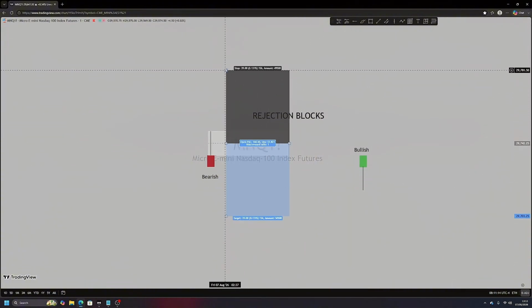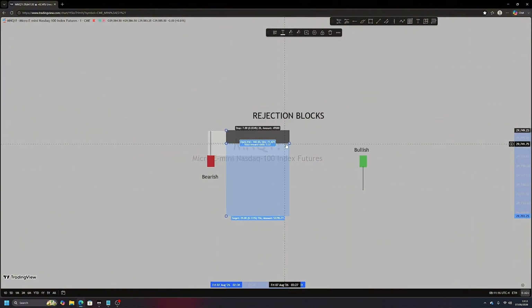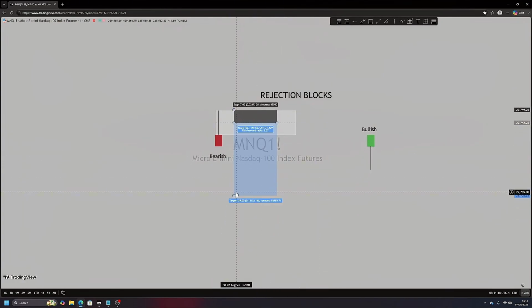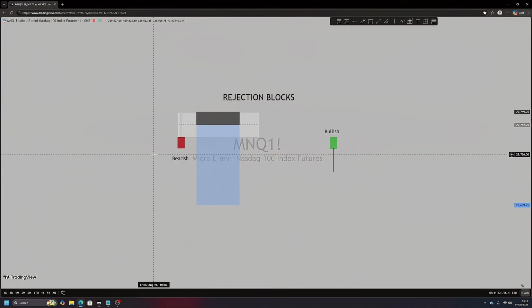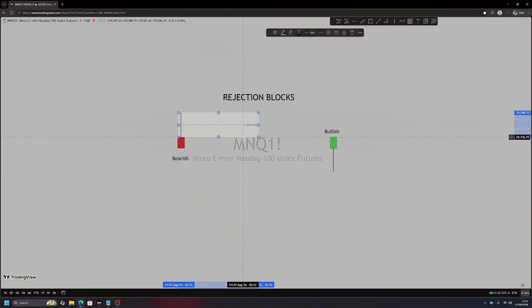Sometimes it works, sometimes it doesn't. That's why I've just tried sticking to refined entries, because it's happened more often than not where price would come up, tap into the golden zone around this area, not hit CE, and then flush to full TP and I missed the move. So again,